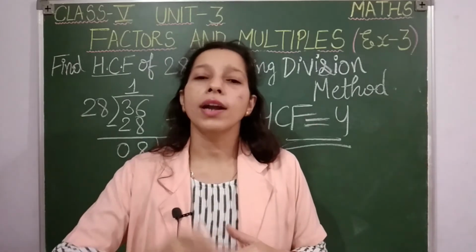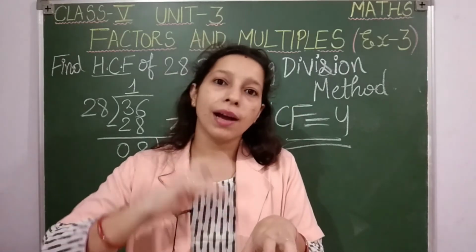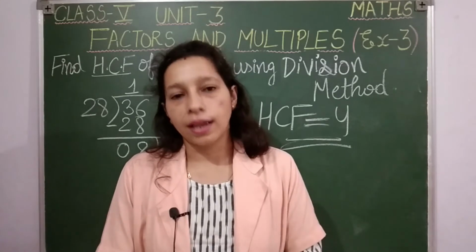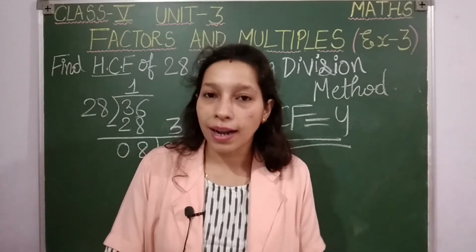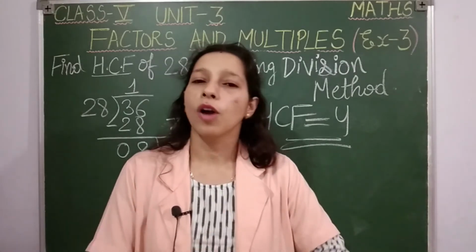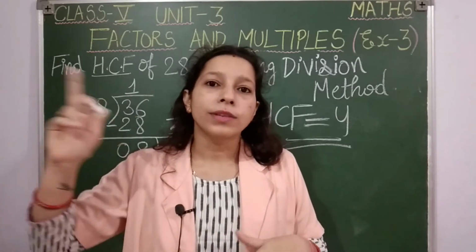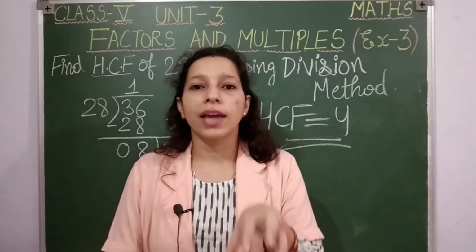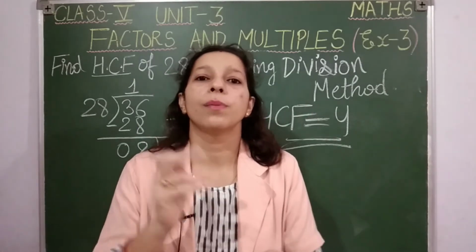But in case you are not getting 0, you will be getting some other remainder, any number as remainder. So that remainder will become your divisor, and the previous divisor will become your new dividend. Again you are going to divide. If again some remainder is left, then that remainder will become the divisor. What about dividend? जो पुराना डिविडेंड था, the previous dividend will become your divisor. Clear, students? And like this, you have to go on dividing until you get the remainder as 0. There you will stop, and the final divisor will become your HCF.